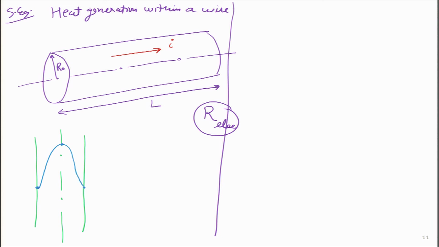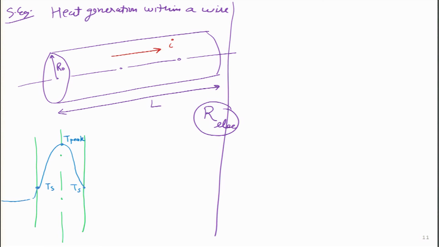Remember, this is not a plane wall I am drawing, this is a cross section of the cylinder, which means that the temperature will peak at the middle. Because it is a cylinder, it is symmetrical on both sides of the radius. Over here, we will have the same temperatures. So, this is surface temperature Ts over here and surface temperature Ts over here.